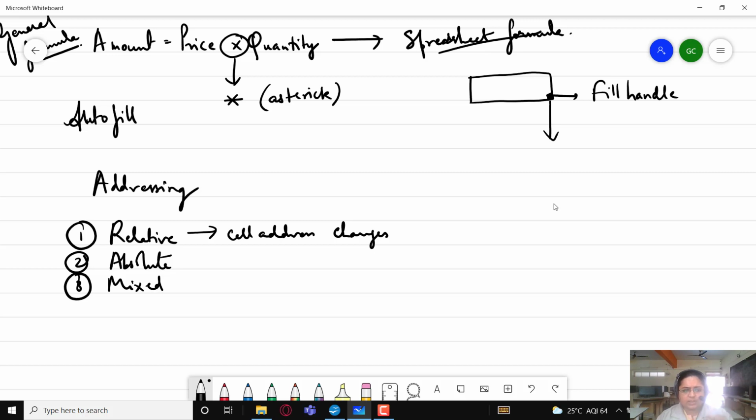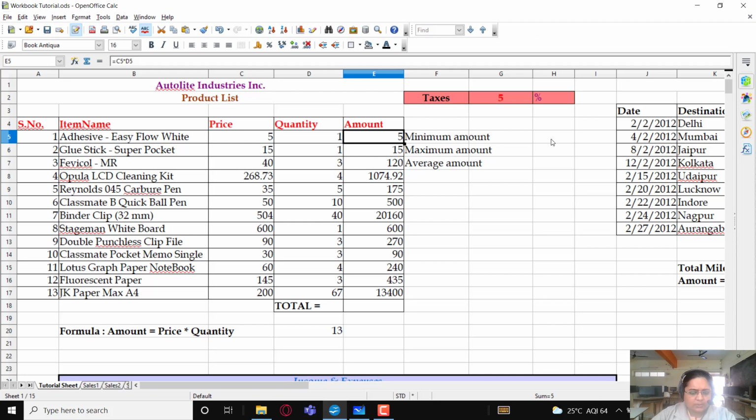That is, if you are changing the row, if you had used C5 into D5 for the first one, for the next it would automatically take C6 into D6, C7 into D7 and so on, which is actually happening over here. If I take the cell into the edit mode, you can see what is the formula being used here.